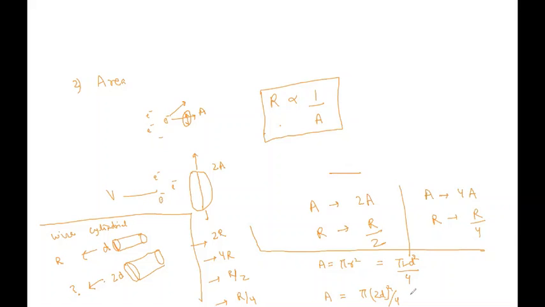So what is the area? It will be pi 2 square d square by 4. The 4 will cancel with the 4. Then it means pi d square only. I'm saying this is A prime, the other area. So what is the relation between A prime and A? If you divide A prime by A, you will get...